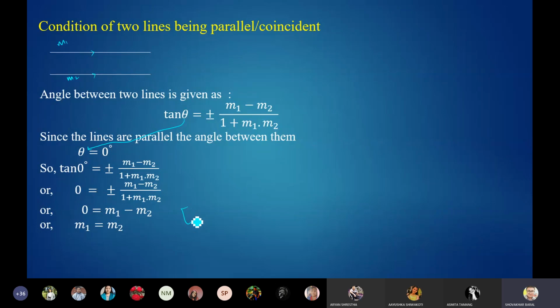You may get confused here. I am shifting m2 first and interchanging the terms, or you can simply say minus m1 is equals to minus m2, and minus and minus cancel. So it's not a big deal, you can understand this. If anyone asks you what is the condition of two lines being parallel, then you need to say that it is m1 is equals to m2. I think you have read this in class 8 also. Maybe it was not in class 9, it was in class 8.